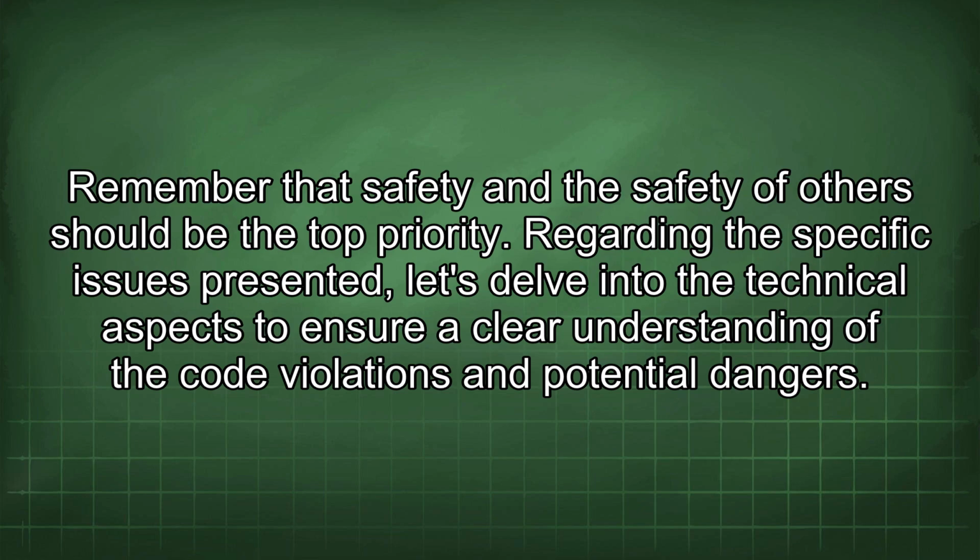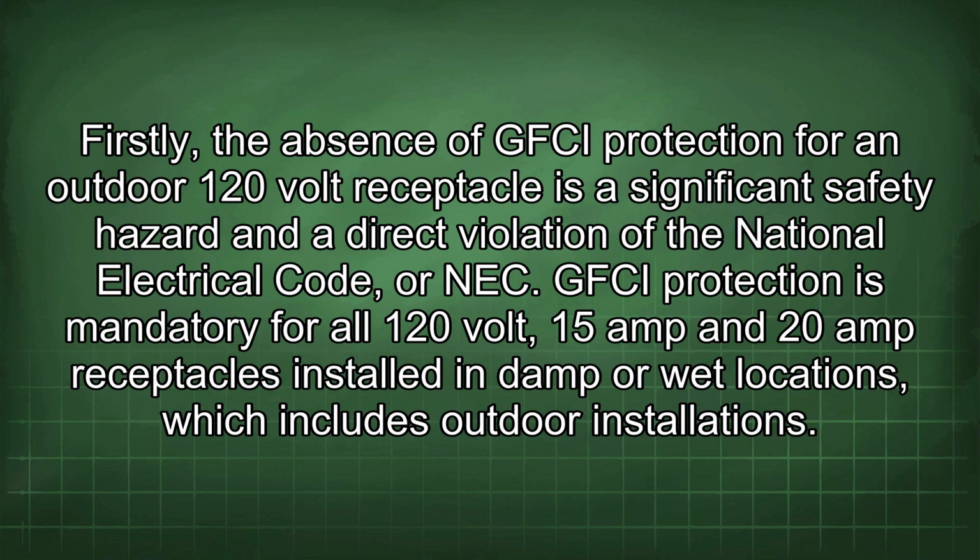Regarding the specific issues presented, let's delve into the technical aspects to ensure a clear understanding of the code violations and potential dangers. Firstly, the absence of GFCI protection for an outdoor 120-volt receptacle is a significant safety hazard and a direct violation of the National Electrical Code, or NEC. GFCI protection is mandatory for all 120-volt, 15-amp and 20-amp receptacles installed in damp or wet locations, which includes outdoor